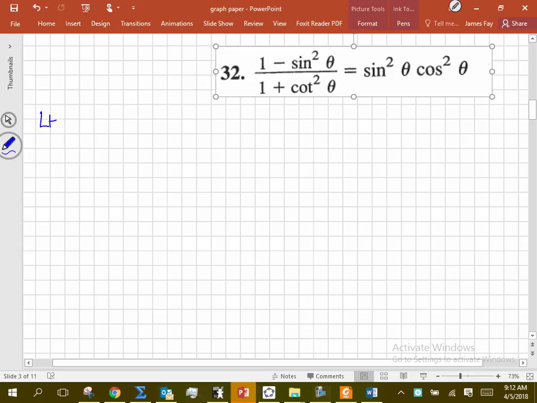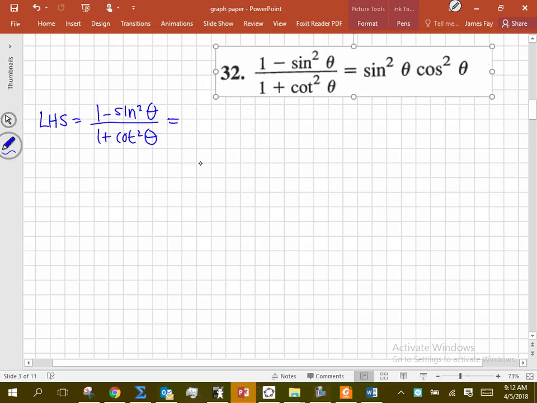Just keeping with notation, we would say left-hand side is equal to 1 minus sine squared theta over 1 plus cotangent squared theta. Now,